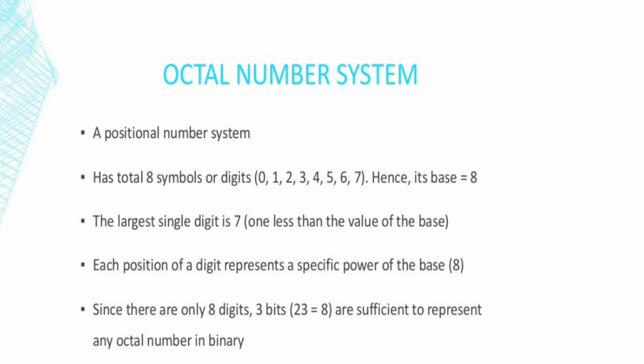The third number system is your octal number system. The word octal means 8. That is why the base of the octal number system is 8. And again the same concept. The highest number supported will be 1 less than the base, which is 7. And each position of the digit will be specified to the power of the base number, that is power of 8. Anything I am writing, for example 32, will be written as 32 to the power 8.